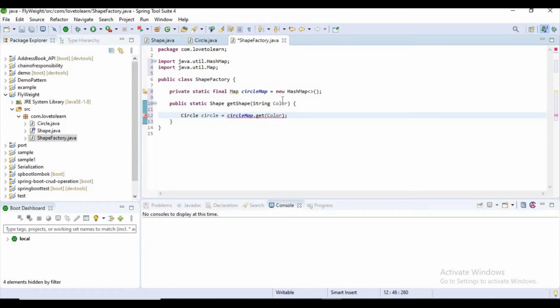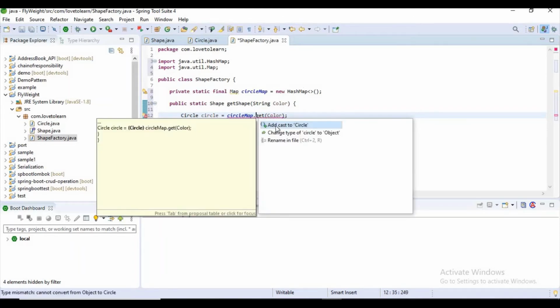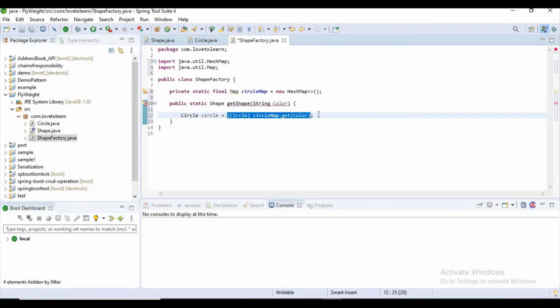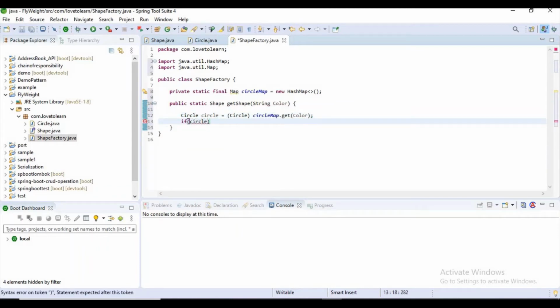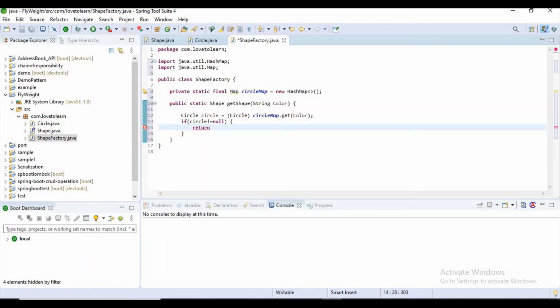Like that I will check. Let's write an if condition here: if circle is not equal to null, I want to return this object, guys. Else, let's assume the circle is not there in this map. So what do I want to do?